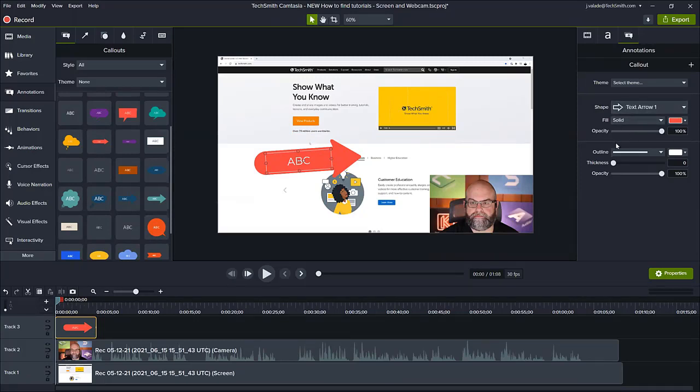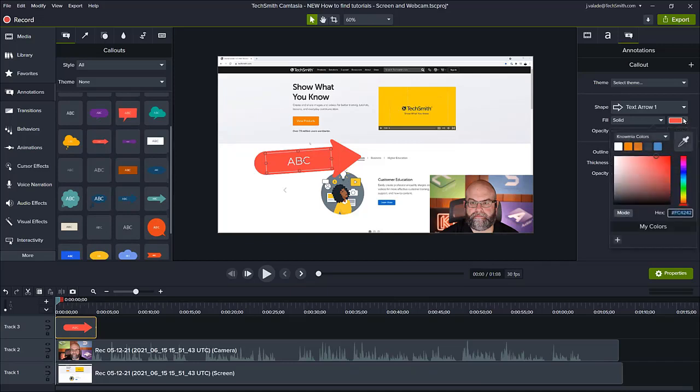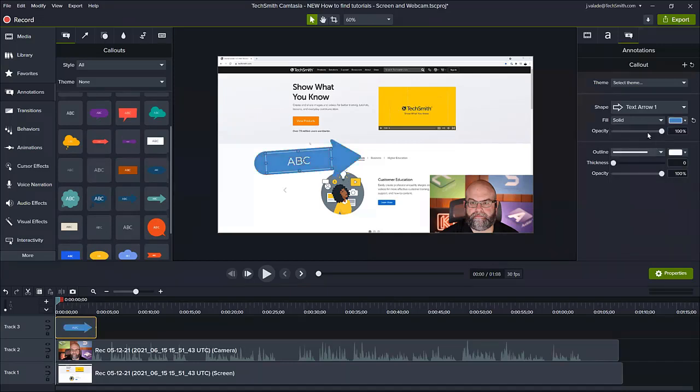It changes dynamically based on what media you have selected on the canvas. And I can change it by going into things like the color or the shape of it. All those can be changed in the properties panel. And we'll do a little bit more of that later on. The thing I definitely want to call out, though, is the callouts also start on the callout tab up here